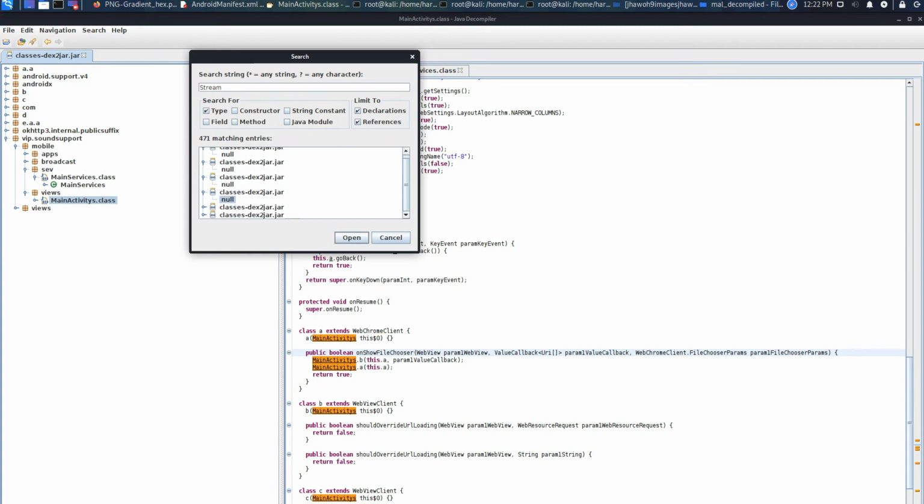And this is also case sensitive. If you type a small s, then it may give some other results. If you type a capital S, it may give some other results. So these things you have to take care of.